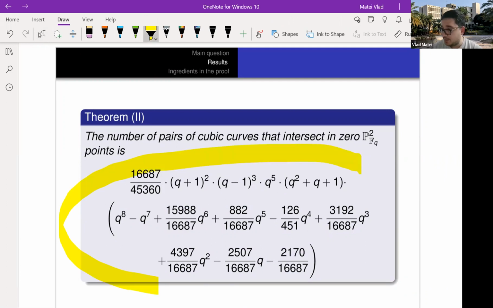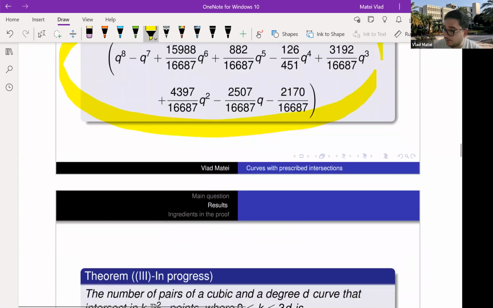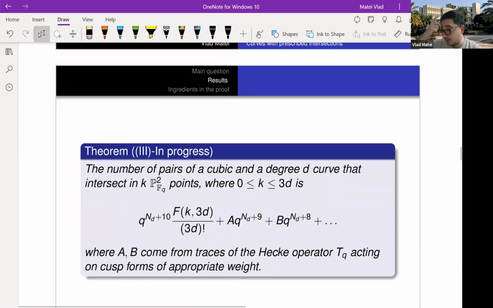We can prove this count, which looks a little more horrible to compute by hand if you try to do this. Okay, so we get this number. And finally, I want to say a little bit towards the end about this more interesting count. Namely, if you have a cubic and a degree D intersecting in k FQ points, then you're going to get, again, the main term that you expect, because there are